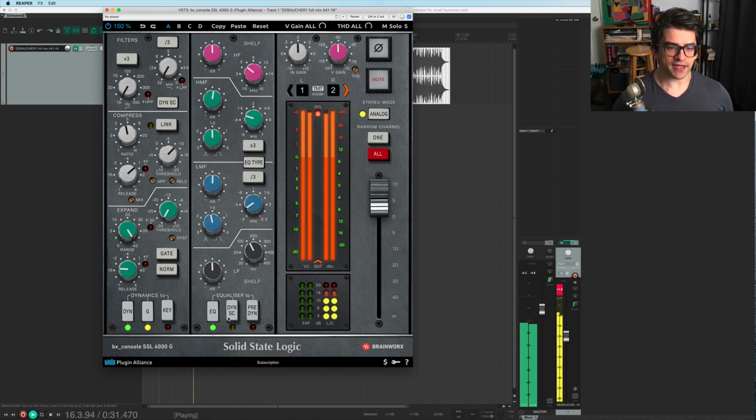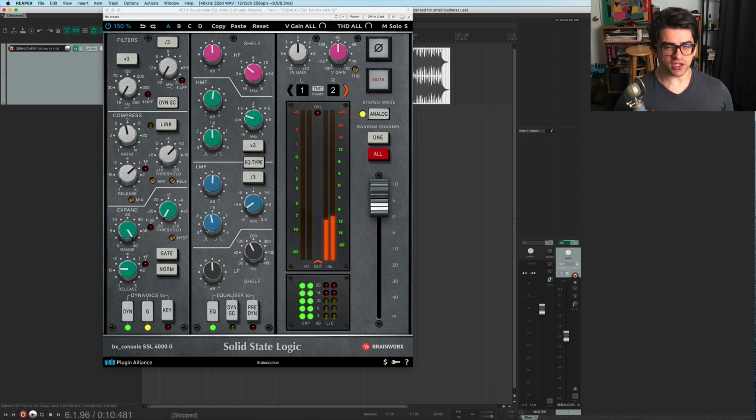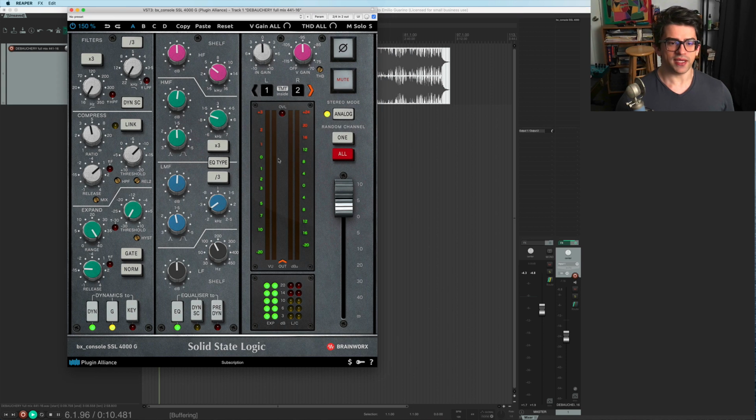Now this DYN SC thing, when I looked in the manual, it didn't make a ton of sense to me because it just says it puts the EQ in the side chain. So I was like, what does that mean? How I think of this is you're using the EQ to shape where this compressor, for example, is the most sensitive. So for example's sake, if we turn this on